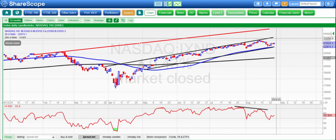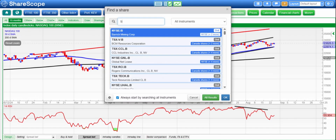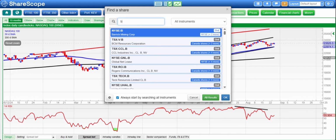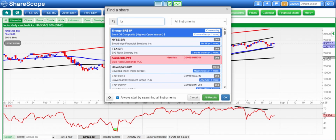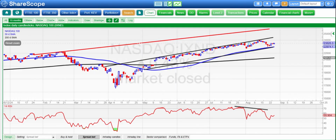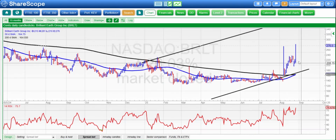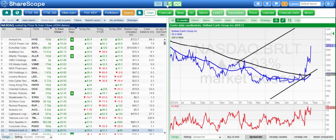Moving along to the stocks, and here we have one or two interesting setups at the moment. The first situation is one that hopefully will have legs over the near term. It comes in the form of Brilliant Earth. Here you can see that the setup we have is a V-shaped bull flag, in fact a cross between a V-shaped and a W shape. We've broken the center of the W there around $2.36, and looking for further progress within a rising trend channel